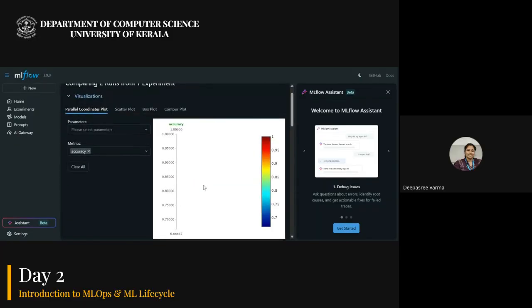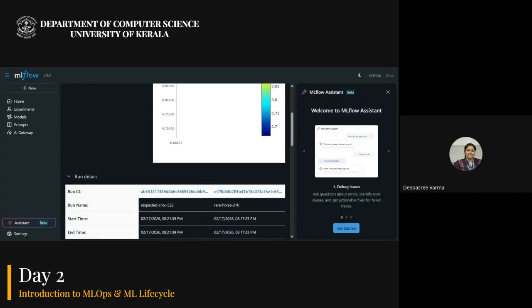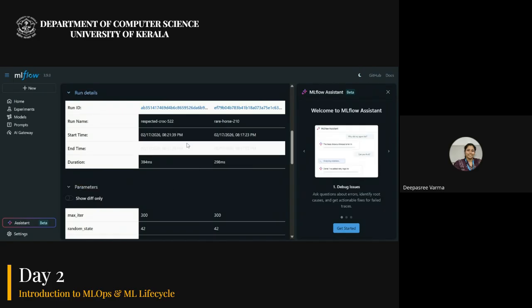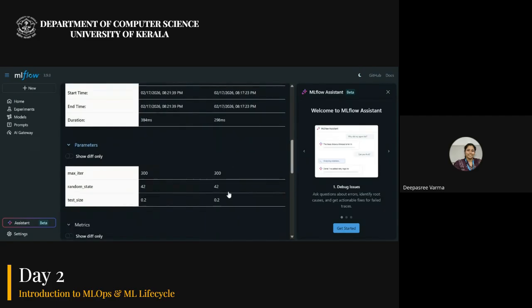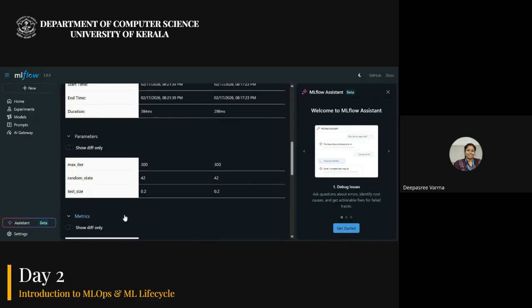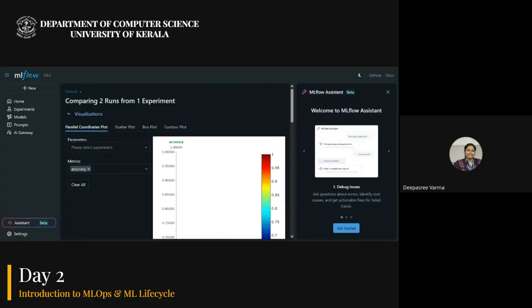You can see the comparison of these 2 models: the start time, end time, the duration it took, and the parameters, which are very important. In experiments, I used maximum iteration as 300, 42, 42.2. These are the same models, I think.